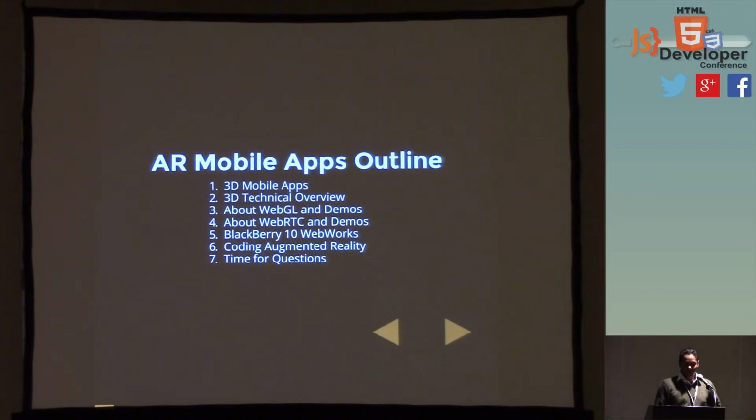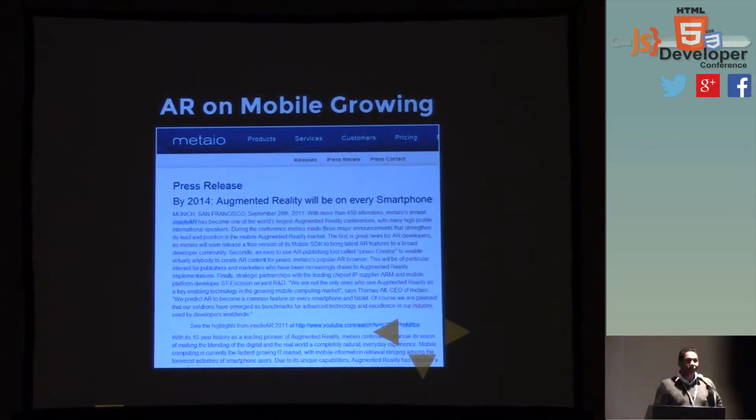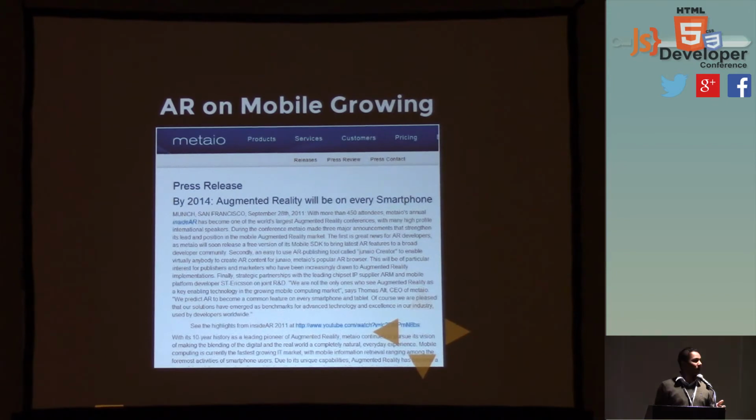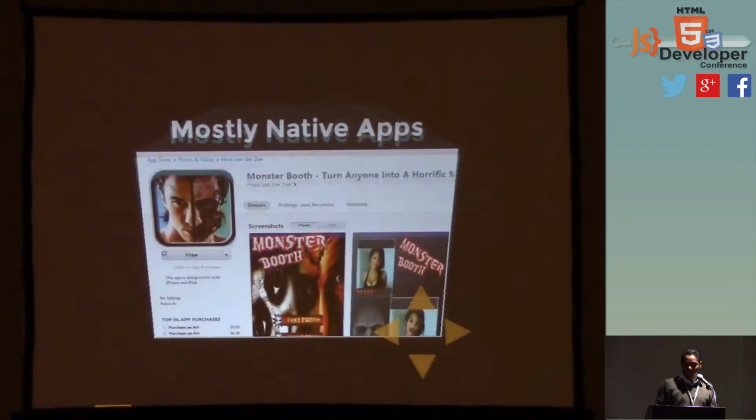The first thing I want to get into is that augmented reality mobile applications are predicted to grow. We've already seen the kinds of experiences where you hold up the phone and you're able to see what's going on. For the most part, we've been doing that as a native experience. Those apps are usually written in Objective-C, Java, C, and C++. Now they're becoming more available in the browser, specifically through the Chrome web browser, mobile Safari from version 5.1, and a couple of others.